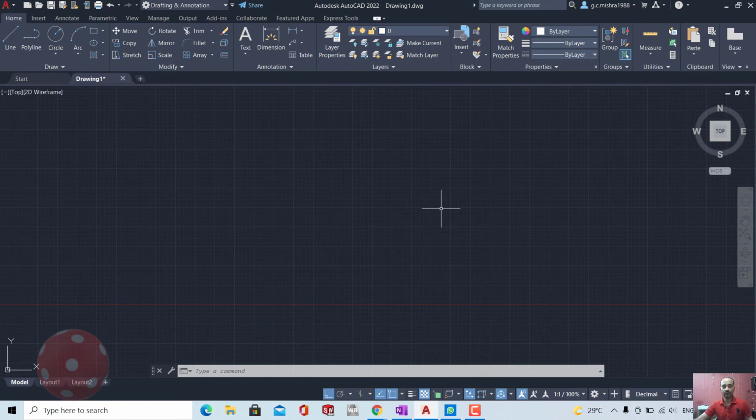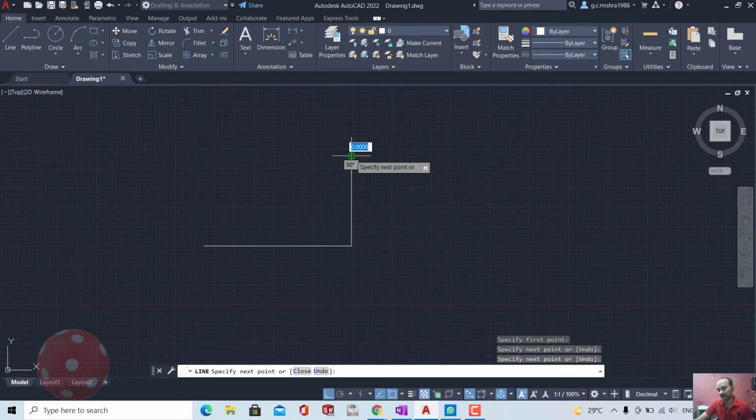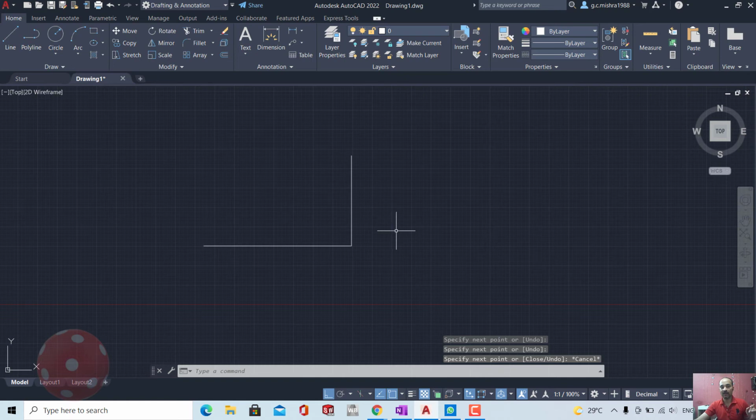So if you draw with ortho on, you will find that only horizontal and vertical movement is possible. But if you urgently want to create something at an angle, while ortho is on, you can also create it by forcefully applying an angle.